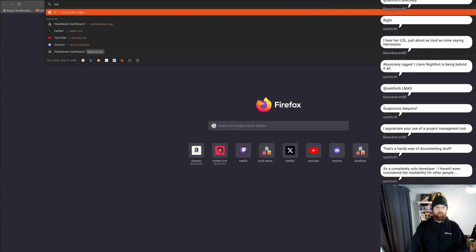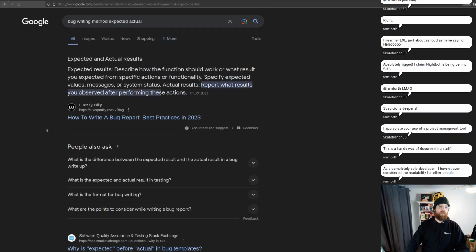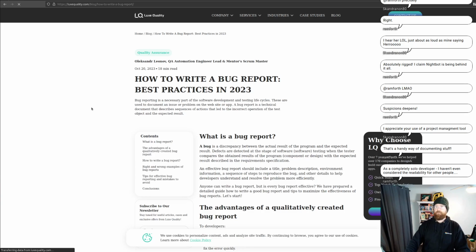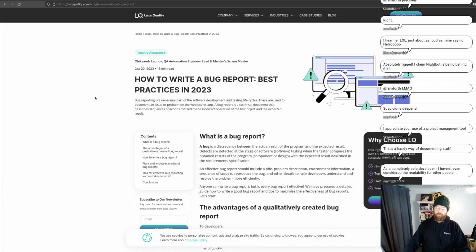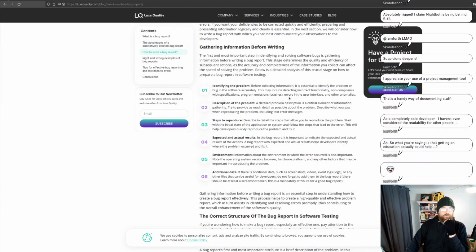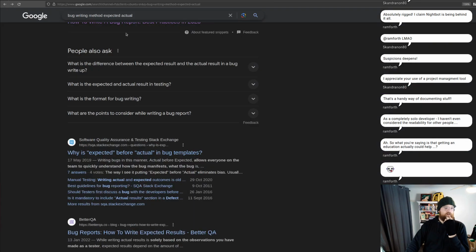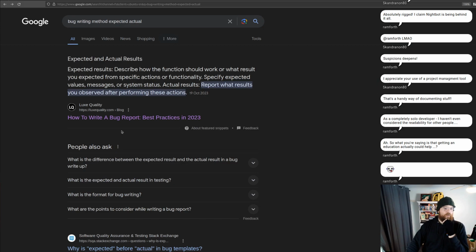So by writing method, expected, and actual, and you'll find if you ever put a bug report in on Bugzilla, which I've done, or not Bugzilla but on Mozilla itself, you'll find that they prefer this method too. So this is going into greater detail, but what we want is